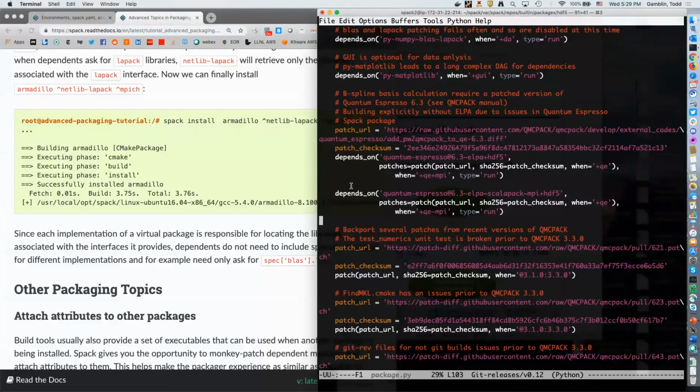Other questions? Yep. There's some codes that dynamically download patches. Yes. So we